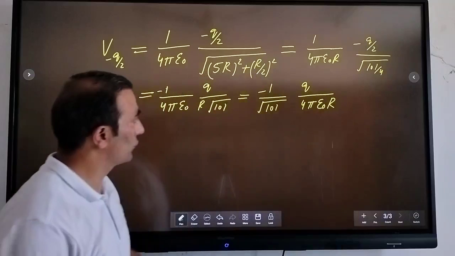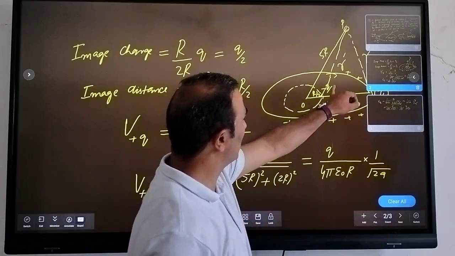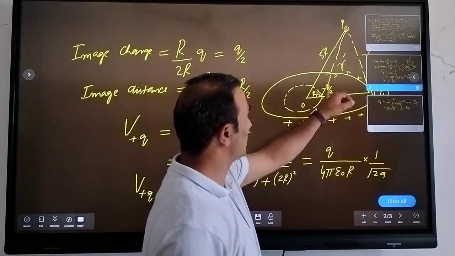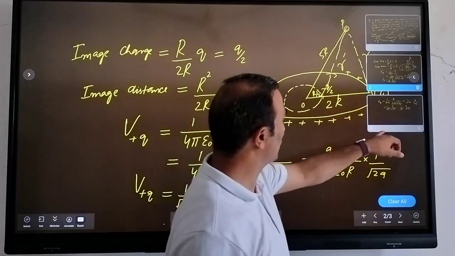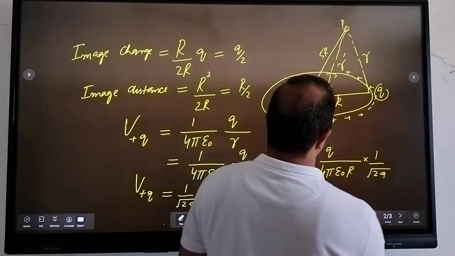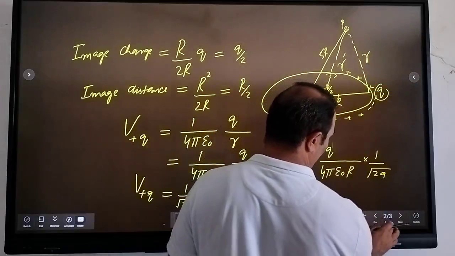So this will be the potential. So this potential is due to this minus q by 2 charge at point P, right? So the net potential will be the sum of these two, right? So the net potential will be V of plus q plus V of minus q by 2, right? So I can write this as,